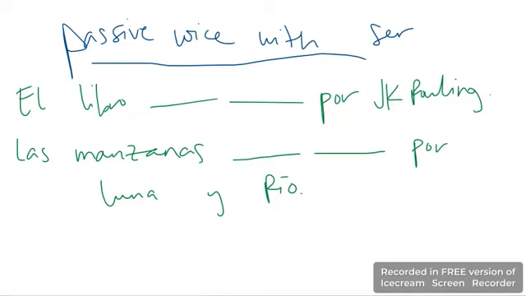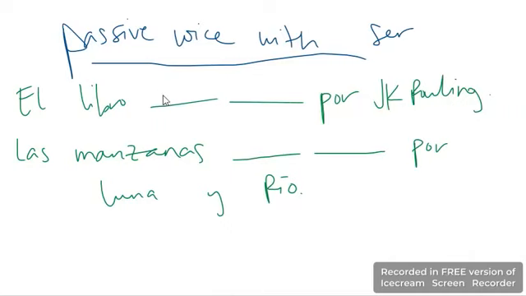Okay, you can also use the passive voice with ser, normally in the preterite, and this is only when you're actually saying the person that did it. So normally you wouldn't use this because if you're saying the person that did it, you would just say that they did it, right? So here, for example, "the book was written by J.K. Rowling." Normally you would just say J.K. Rowling wrote the book. But in English, we always use passive voice because we're lazy. In Spanish, that's the case as well. Sometimes they just use passive voice just because.